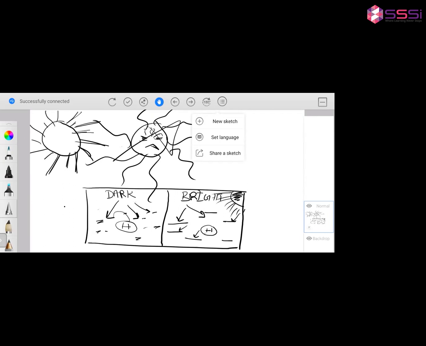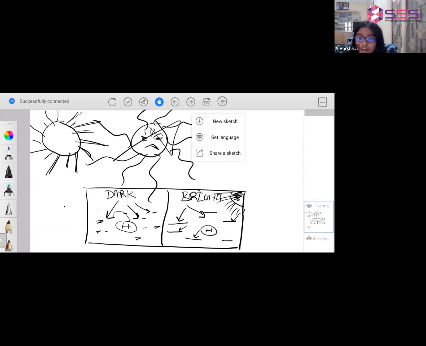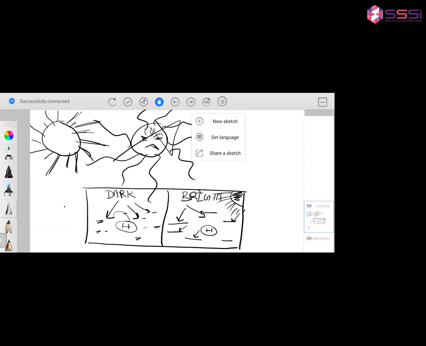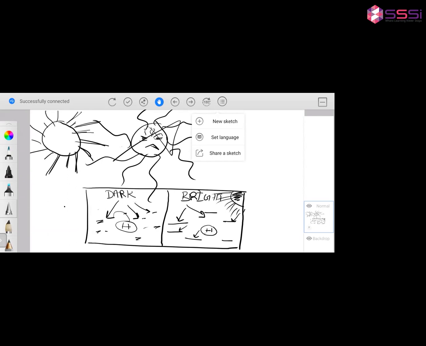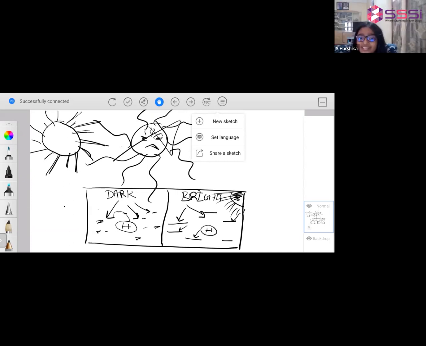Whenever you sit for 10 to 15 minutes in sunlight and then you come back to your room, everything will be very dark. It takes 5 to 6 minutes for the retina of your eye to return to normal. Sometimes we can't see where we are walking, what we are doing. It will be green or pink color.